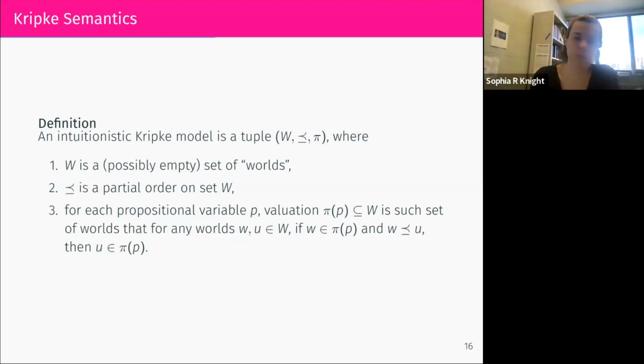What's less well known than maybe basic intuitionistic logic is that you can give a semantics of intuitionistic logic based on Kripke structures. So an intuitionistic Kripke model is a relational structure. You have a set of worlds, I believe it's always a finite set, and there's a partial order on your set. The important thing is that the truth set for each proposition has to be upward closed. So if P is true at a state W and W is related to U, then P has to be true at state U also. So obviously that ends up being transitive. If P is true at W, P is true at all states that are above W.